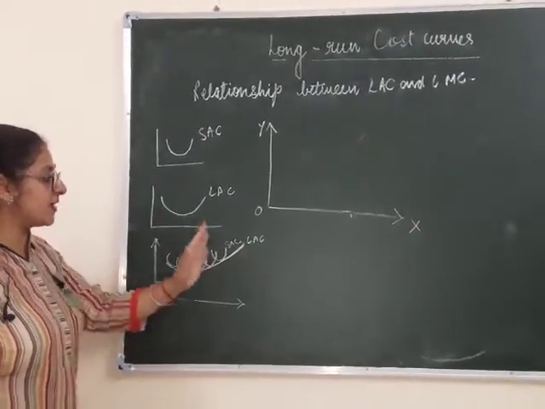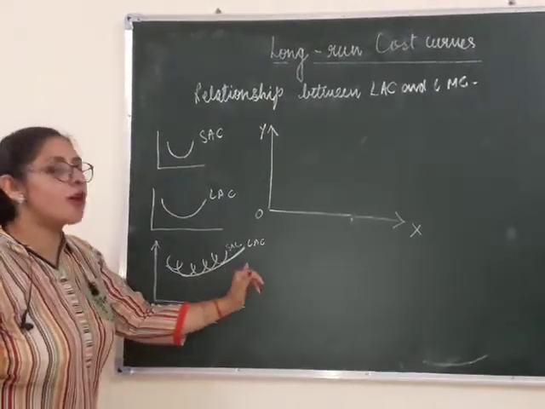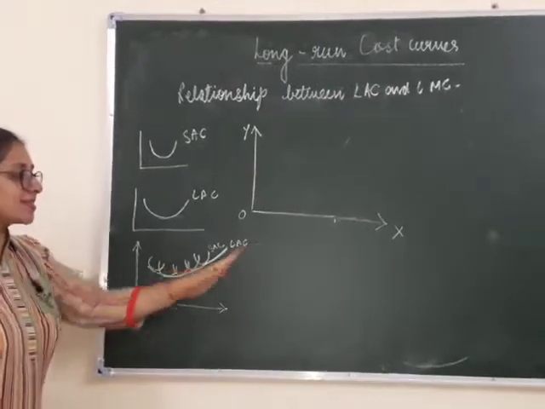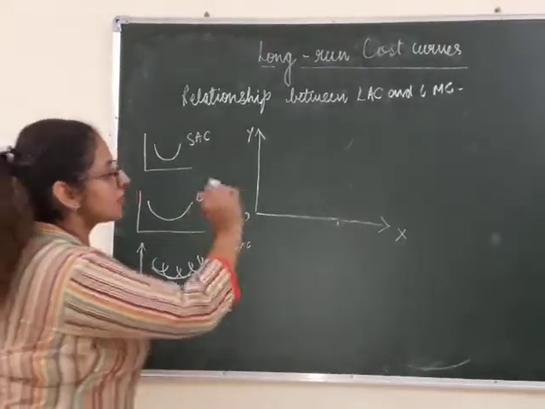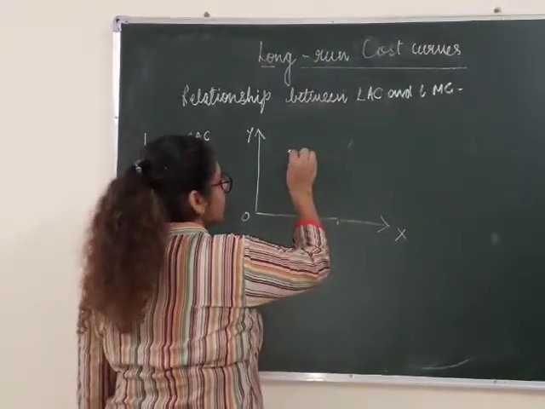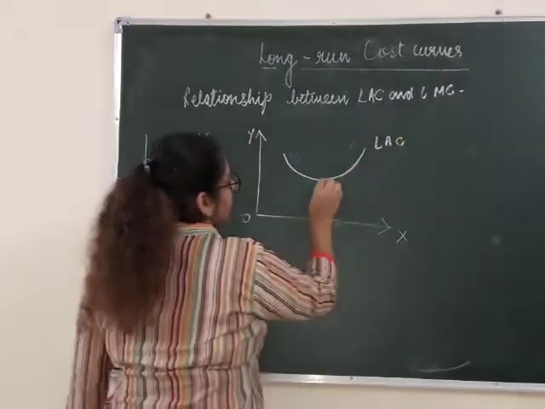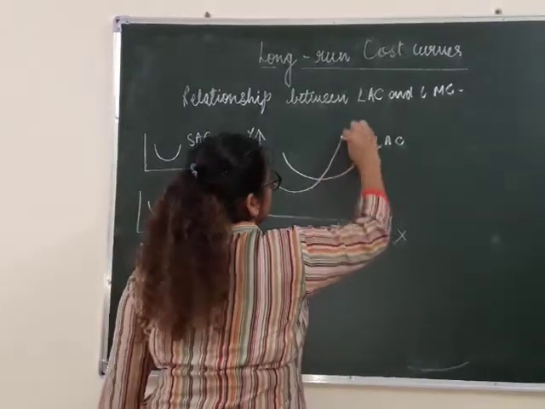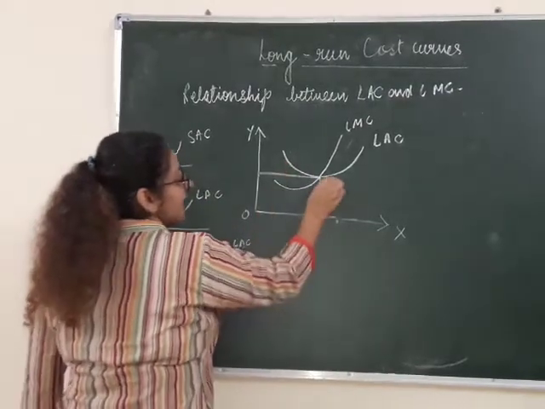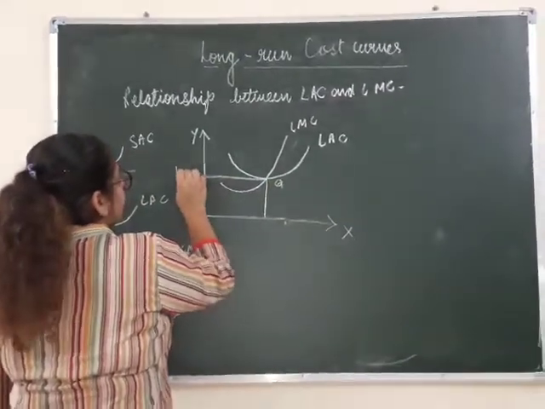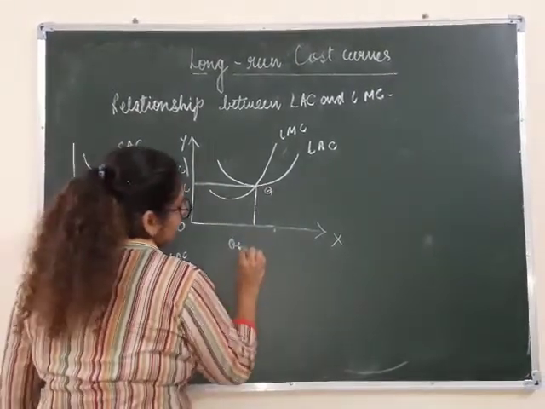The only difference is that this is flatter than the short run, because it is a summation of short run average cost curves. This is how we form the average curve, and this is how we form the marginal cost curve also. So the relationship between AC and MC in the long run is, AC is like this, quite flatter, and from its lowest point MC will cut, and the relationship will be the same as you studied in the short run. Here we will write long run average cost and long run marginal cost, and it is your output.